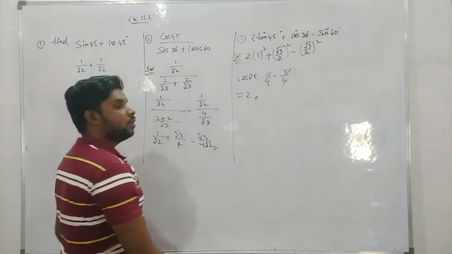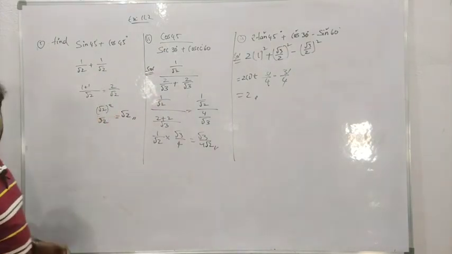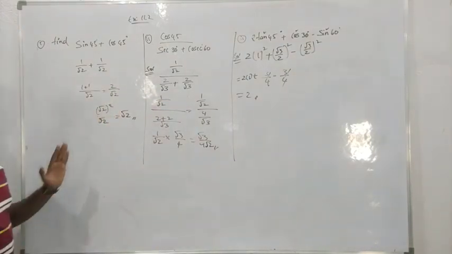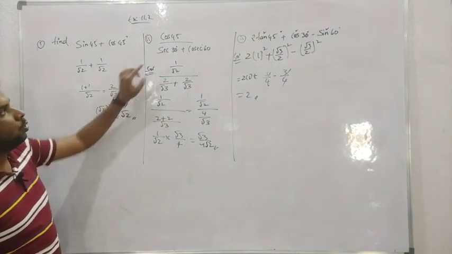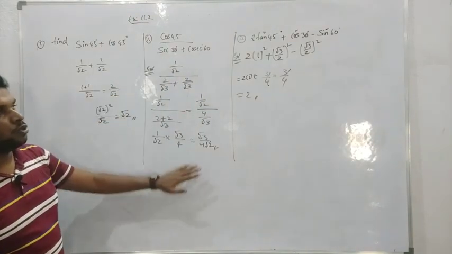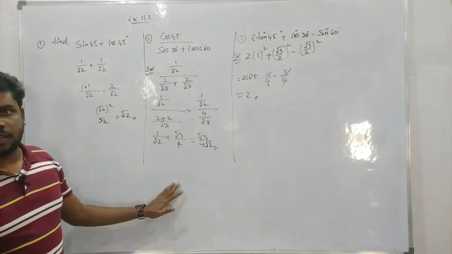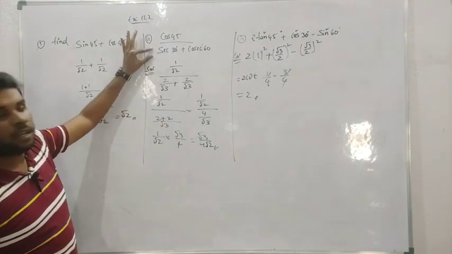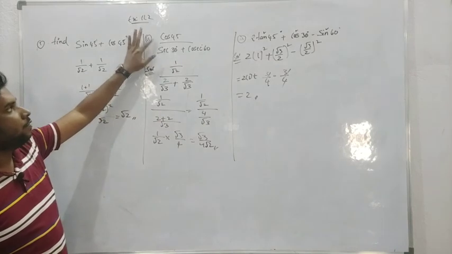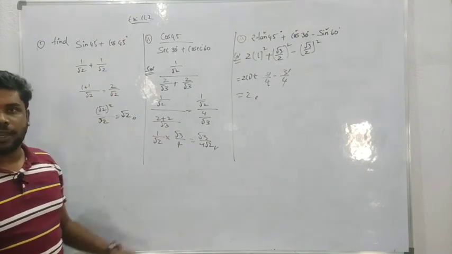Okay. Now I think you got the idea how to solve the trigonometry ratio angle questions. The main concept here is we have to know the angle values first, then only you are able to solve this. There is just the simplification. The best way is we have to know the values first for cos 45, cos 60 and 30. Okay. Thank you.